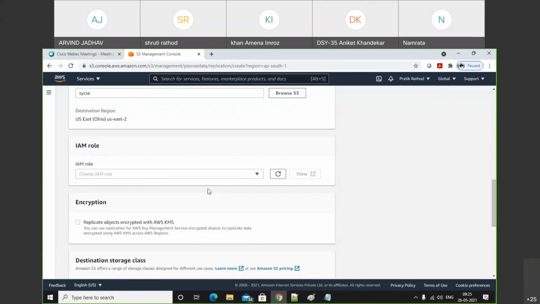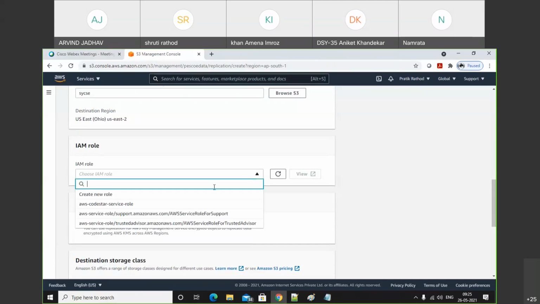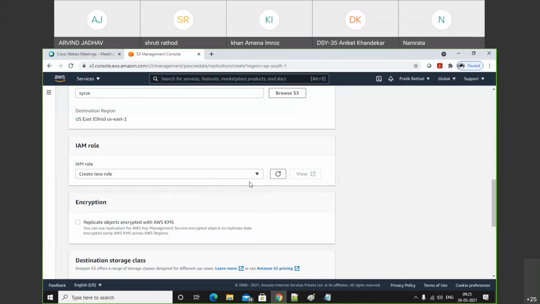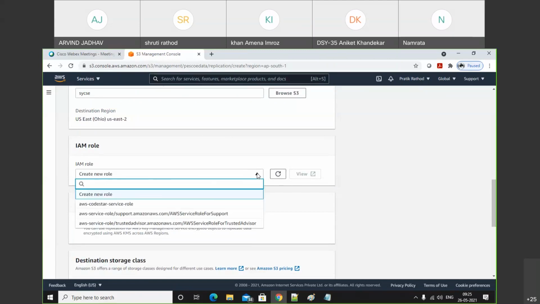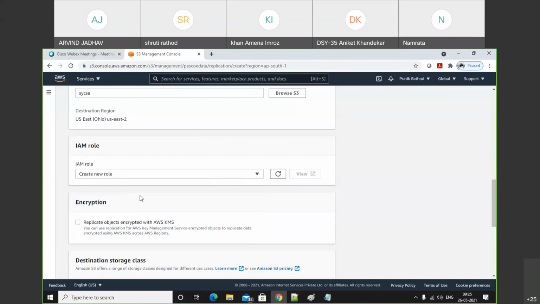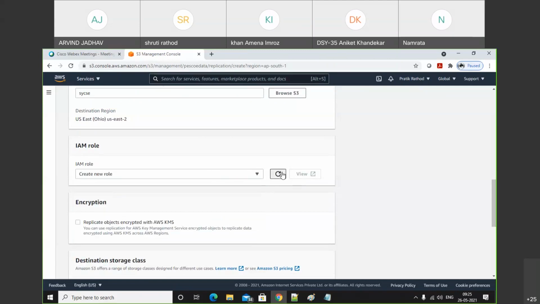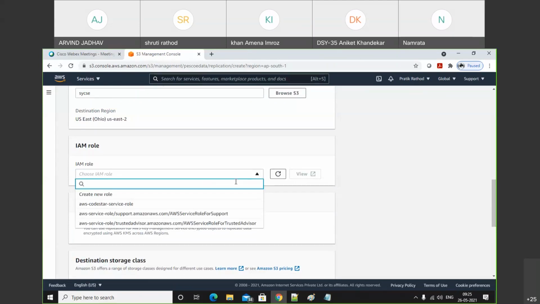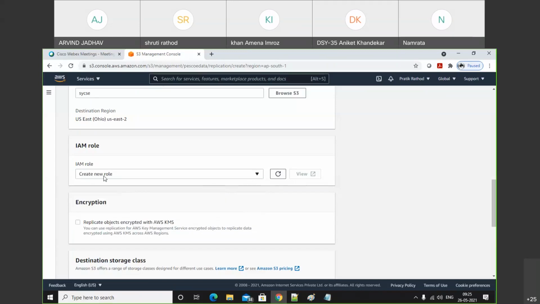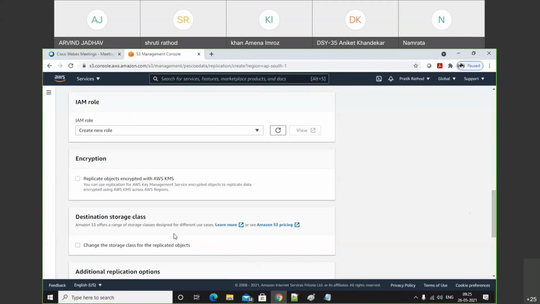Now here we need to select the rule, create a rule. Just create a new role and save the changes. If you want to add encryption, click on that and the encryption will be added.